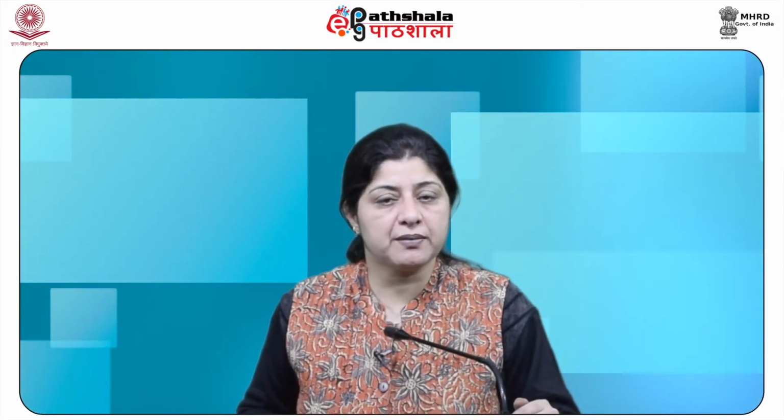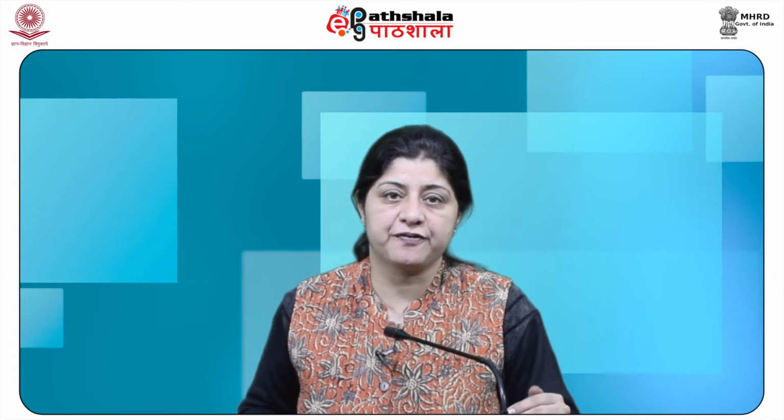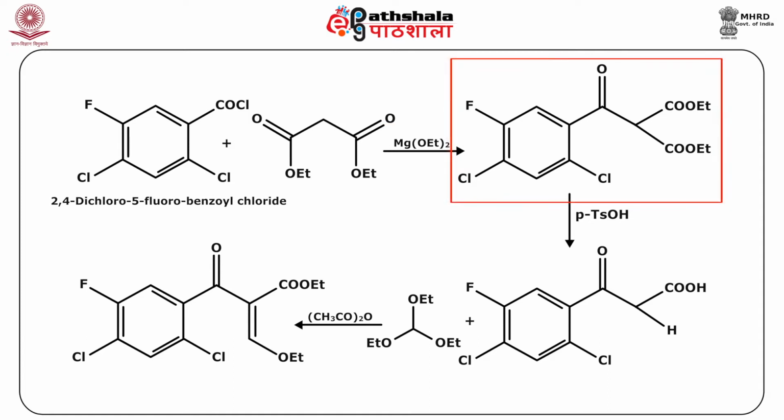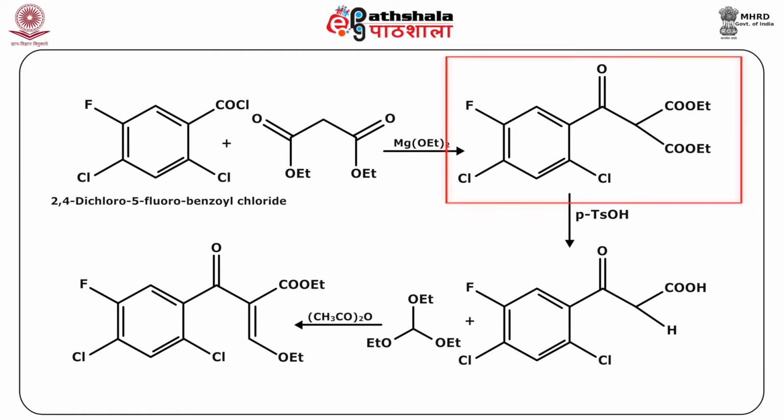Synthesis can be summarized in a number of steps as follows. In step 1, 2,4-dichloro-5-fluorobenzoyl chloride condenses with diethyl malonate in the presence of magnesium ethoxide in ether to form diethyl 2,4-dichloro-5-fluorobenzoyl malonate. In step 2, the diethyl